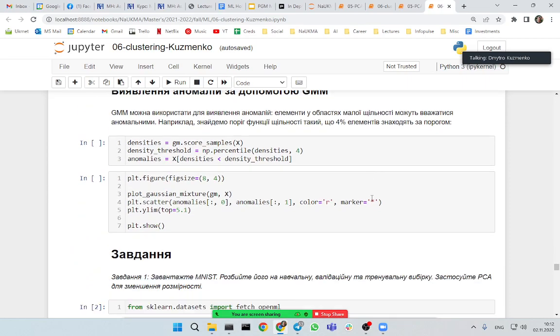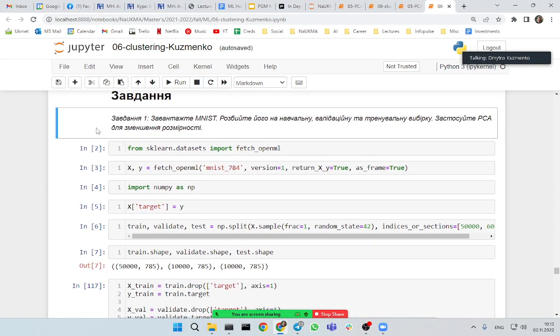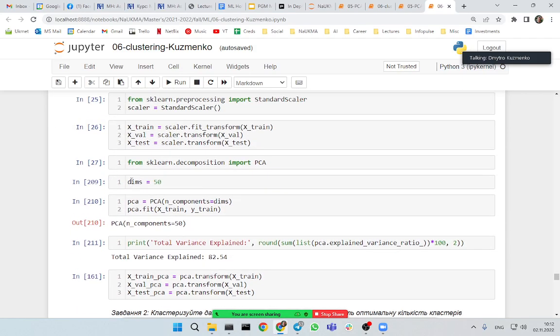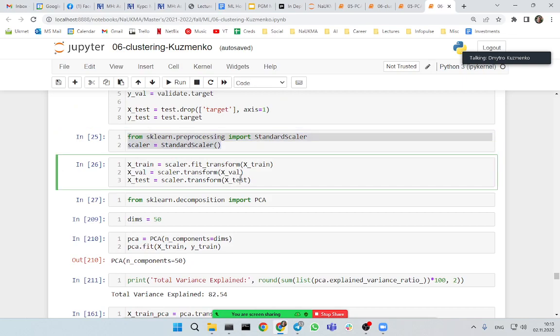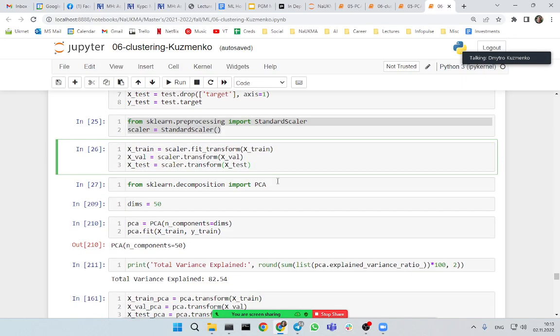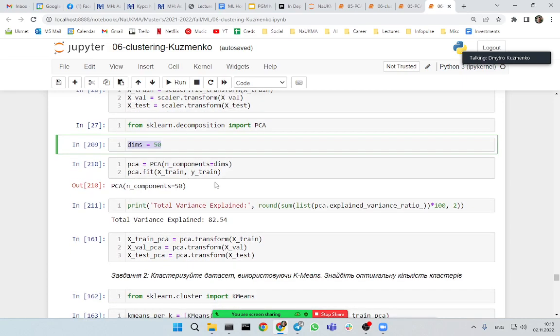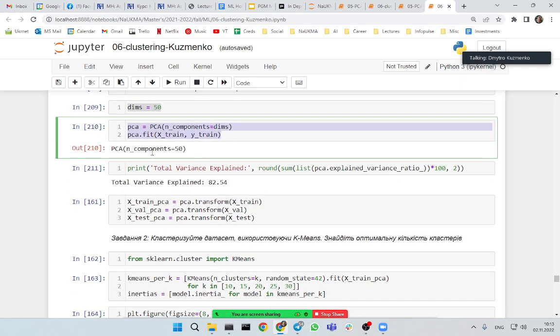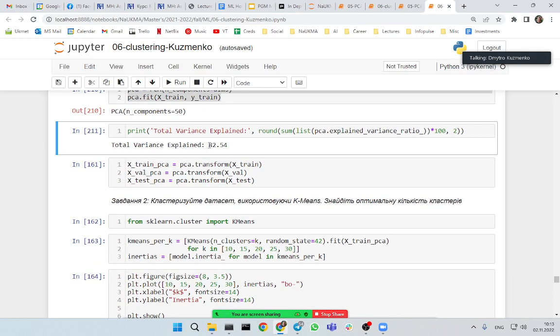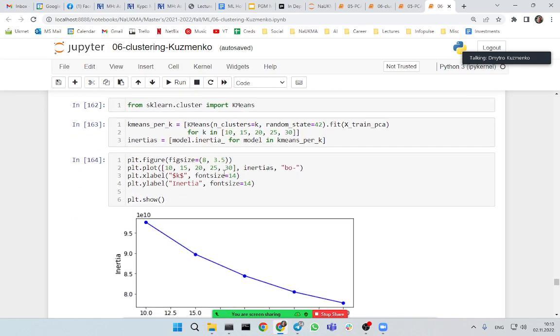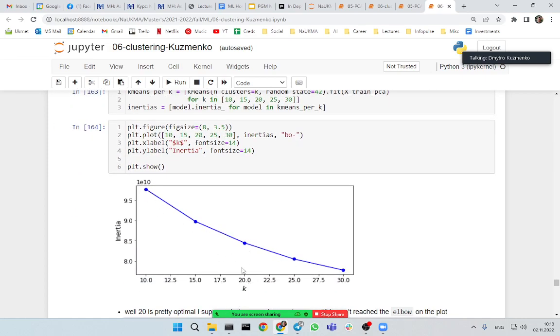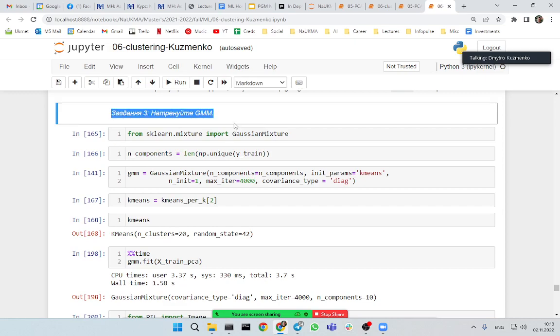For demonstration's sake, this is what it looks like. Of course, I'm not able to show my own assignment completion from a year ago, so this is just data loading. Then you scale data, of course, because those are non-scaled. Then you apply PCA, you set up the variance. This should be more than that, but actually this is fine. Maybe 154 should be better, but I did this because I wanted it faster to compute. Then you have this elbow thing, and you select the number of clusters. You train the GMM,